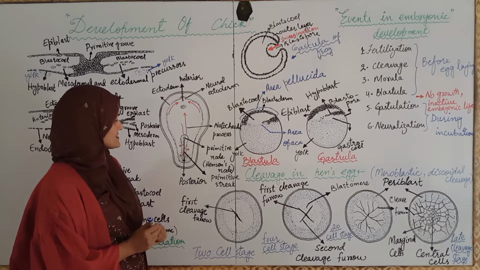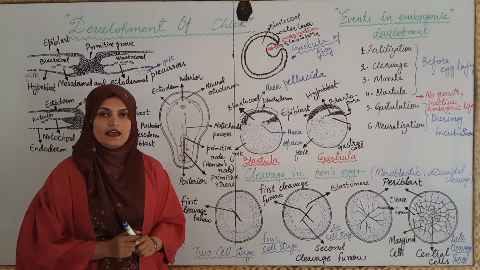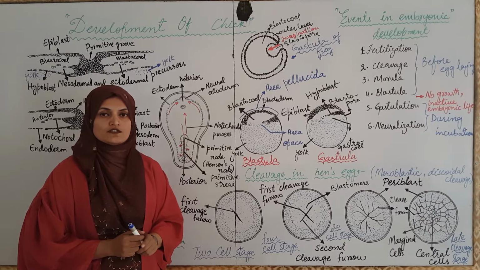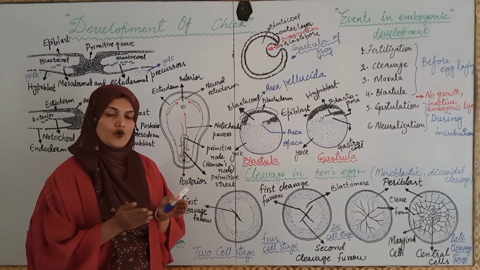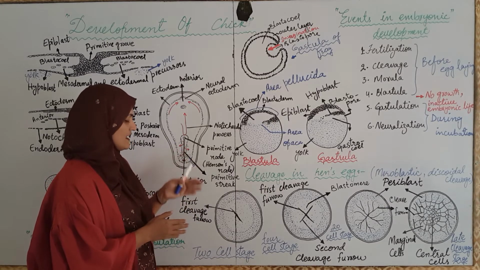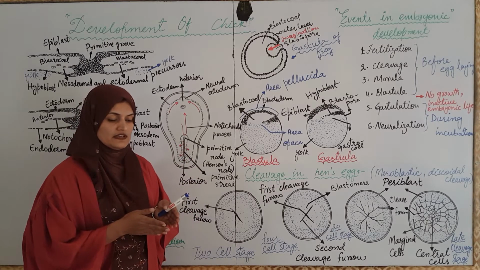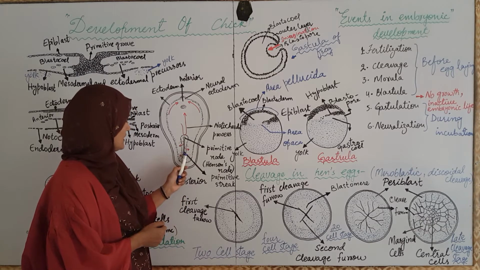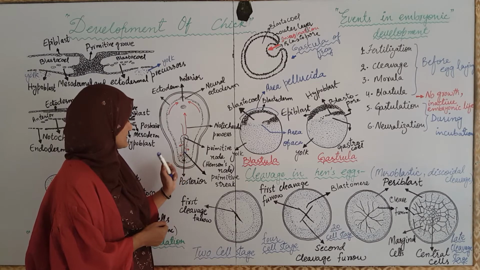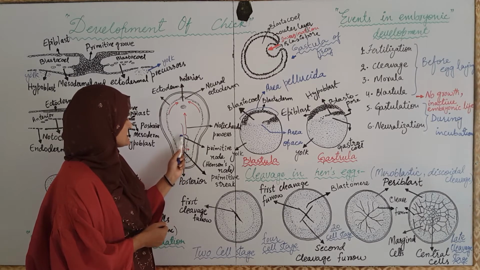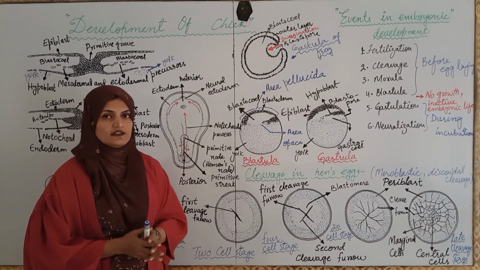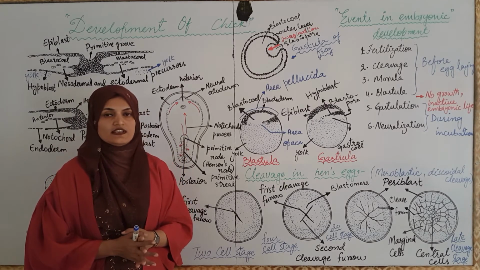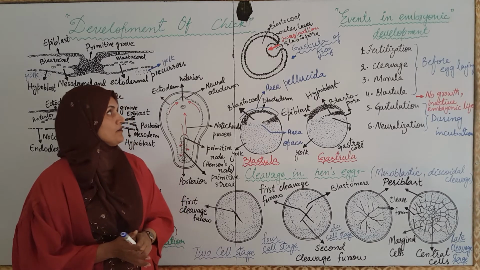This primitive streak elongates because of the movement of more cells toward the center and the movement of these cells inside the disc. This invasion is functionally similar to the blast